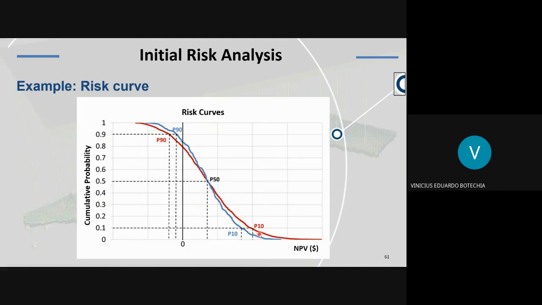And in general, people divide these in percentiles. You can have infinite percentiles here, but the ones most often used are these three: P90, P50, and P10. What do they mean? P90 means a probability of 90% that you reach values equal or higher than this value here, right? This is associated with proven reserves, right? Because it's very likely that you have this or more than this, right?